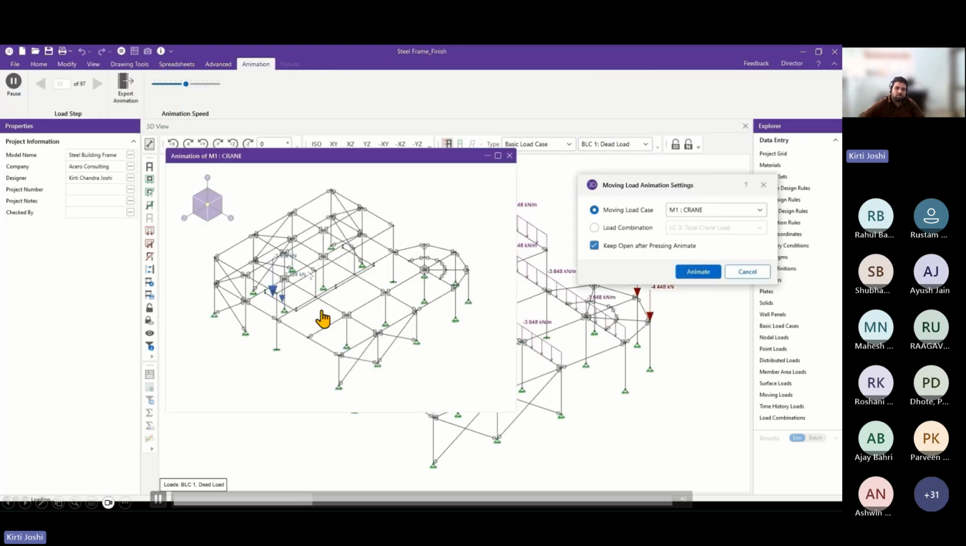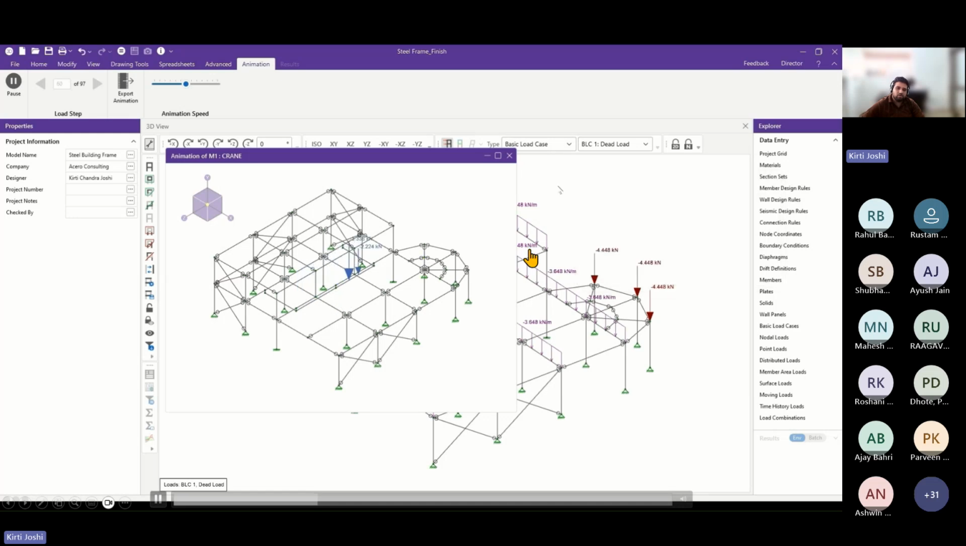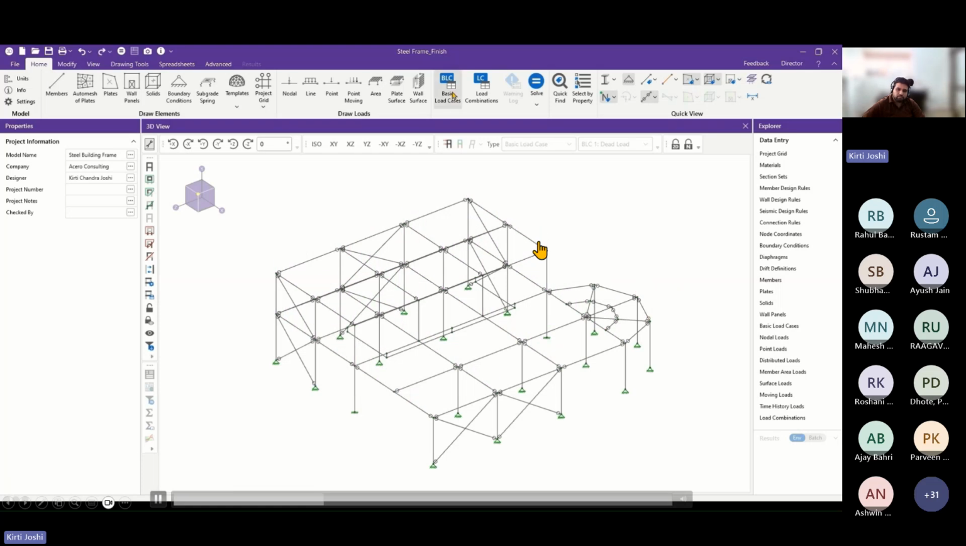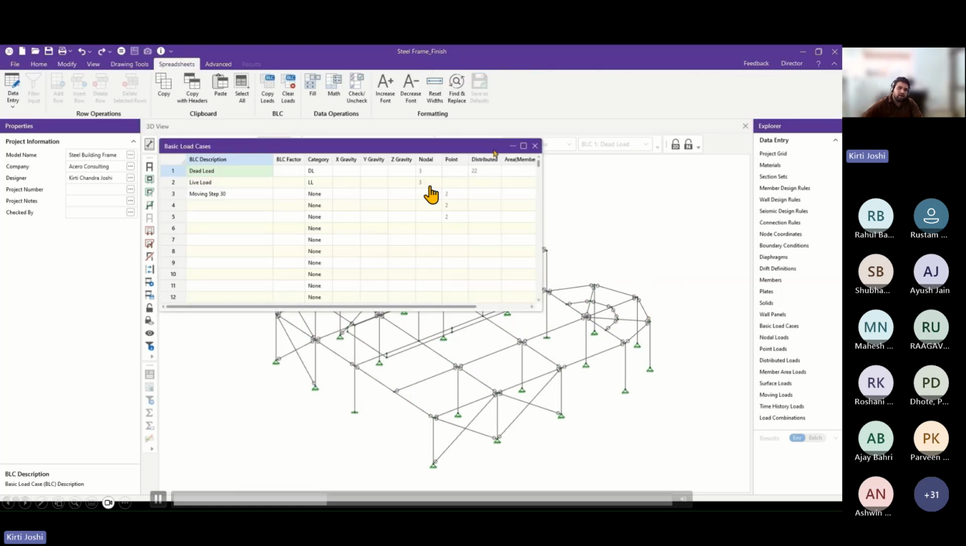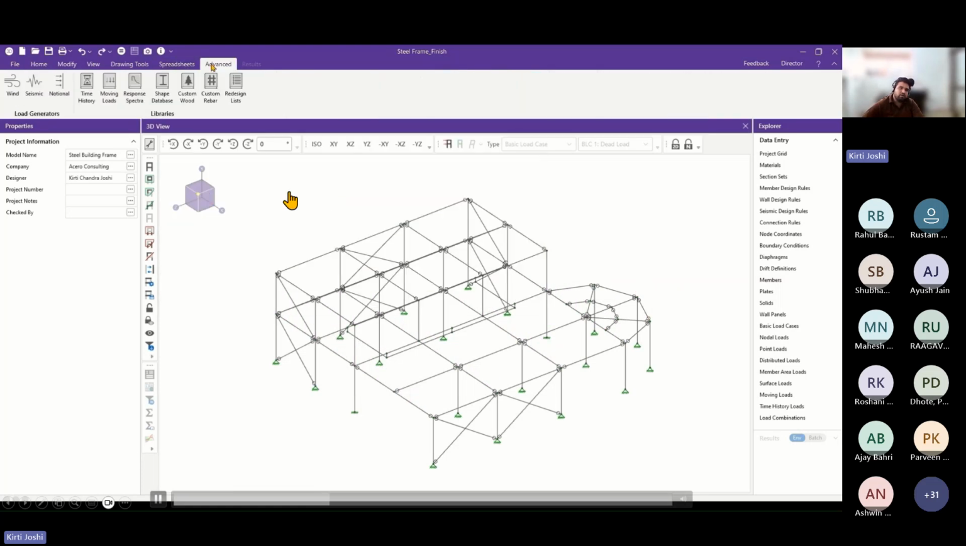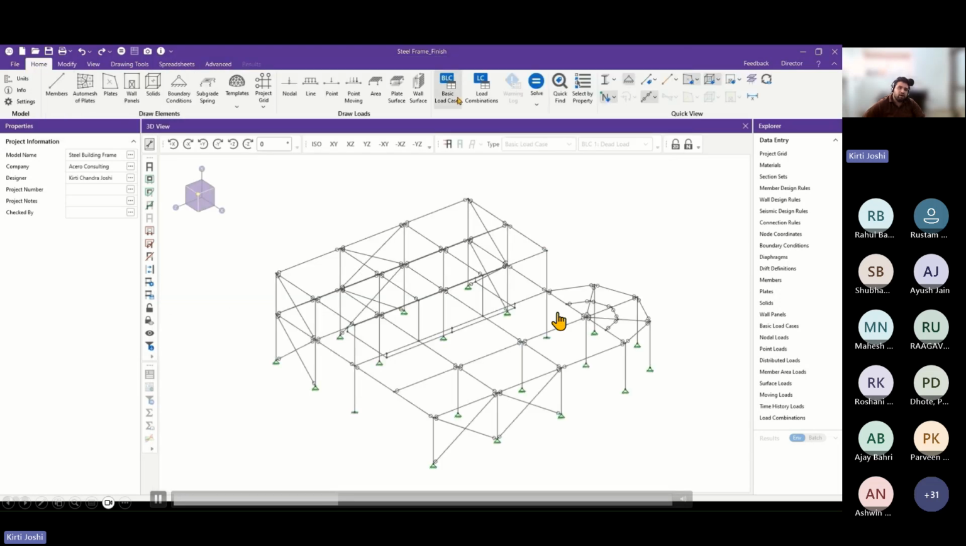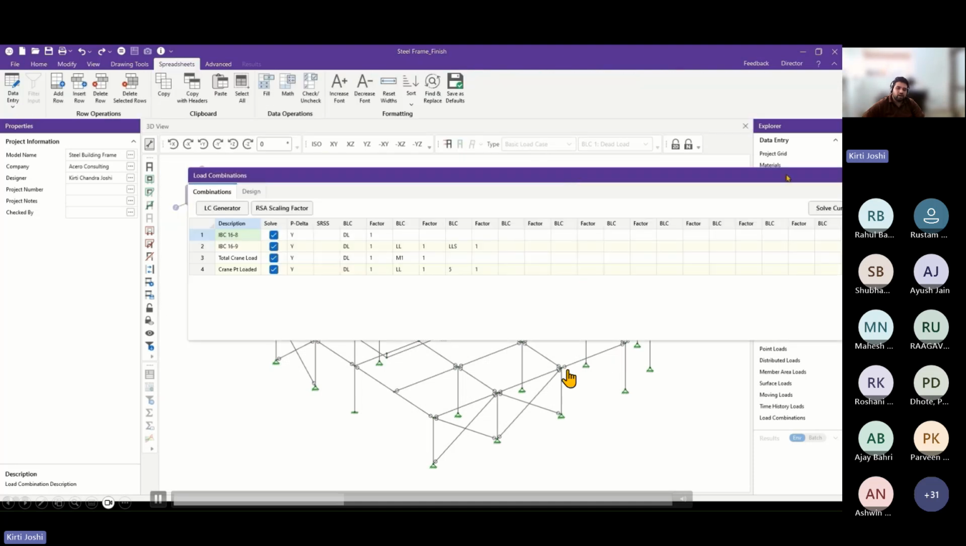So for now, I am checking my crane loads. I have applied already the loads here. So it's the moving load. There is a moving load feature in the RISA-3D as well. So right now, what I will do is I have already applied the load cases, and as you can see, the seismic load. So we'll see how we can generate the seismic load and apply it in this